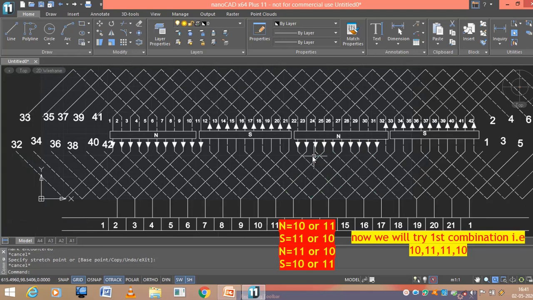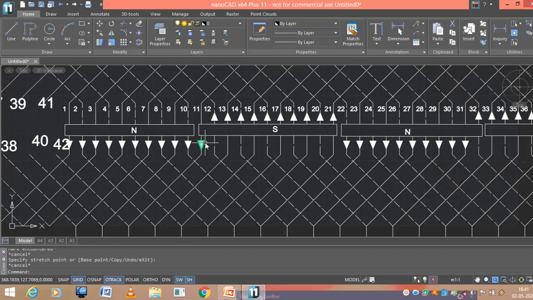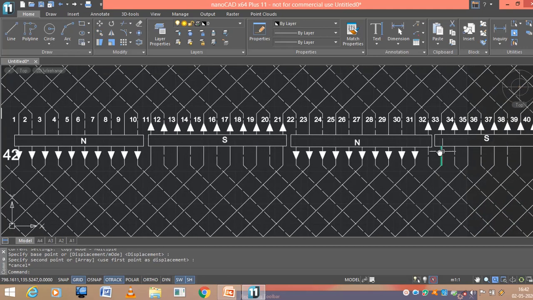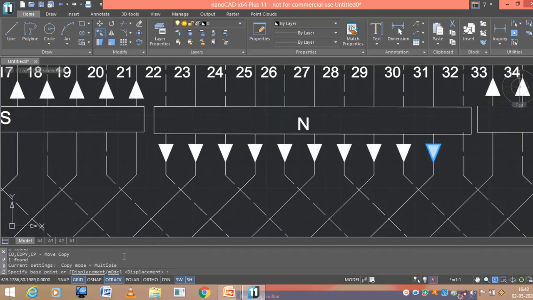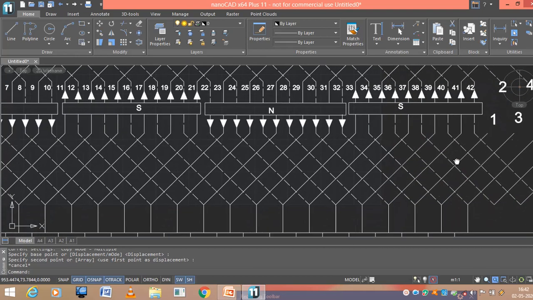Okay, so the other possibility, that's it. So 10 plus 11, 21, 11 plus 10, again it is 21. Everything is balanced. Now let me change the direction. Since this is under south pole, the direction should be changed. And this is under north pole, the direction should be changed. So just simply I will take the direction from the neighbor conductor, copy and paste. Now you search for the location for the brushes.